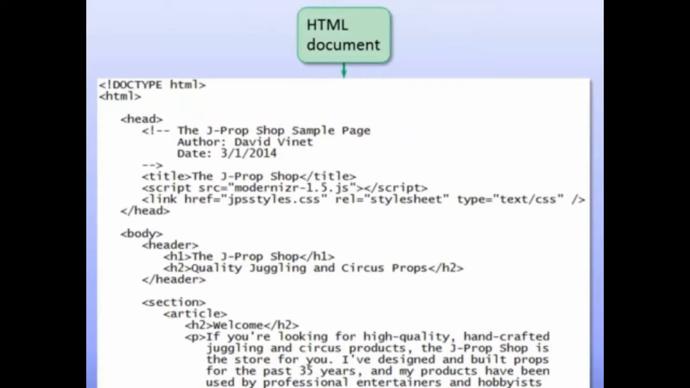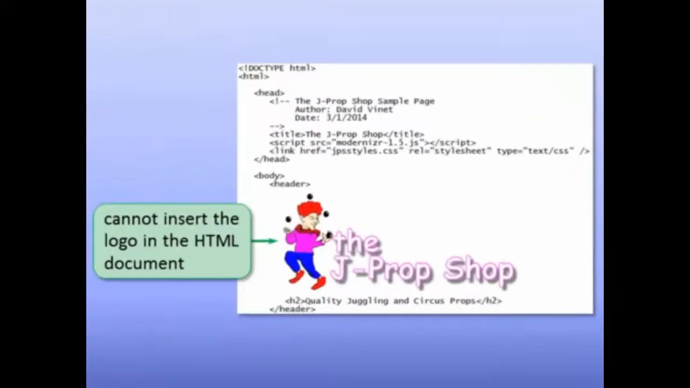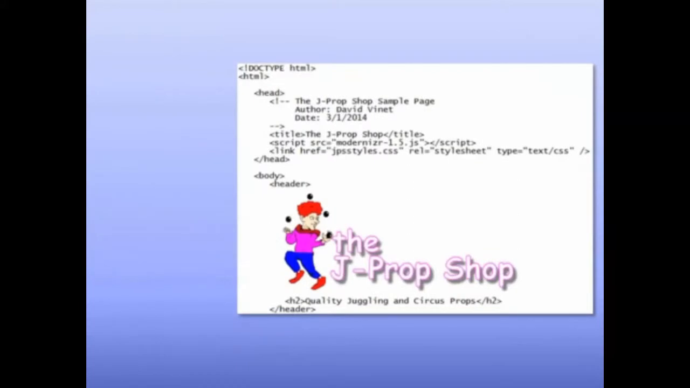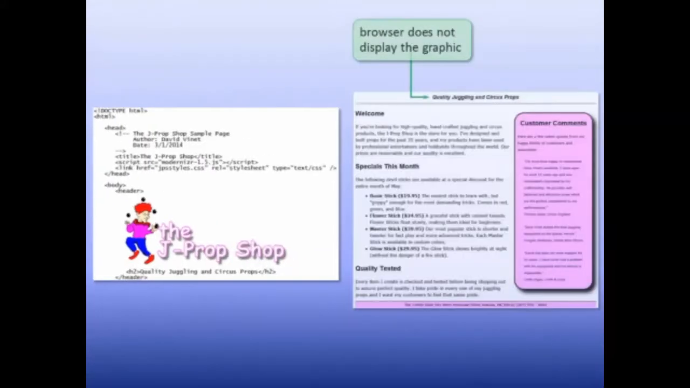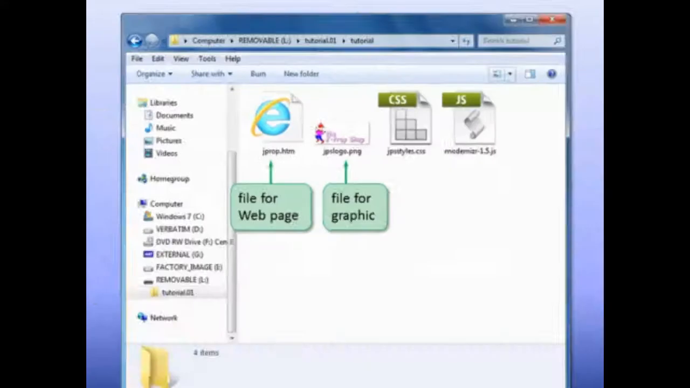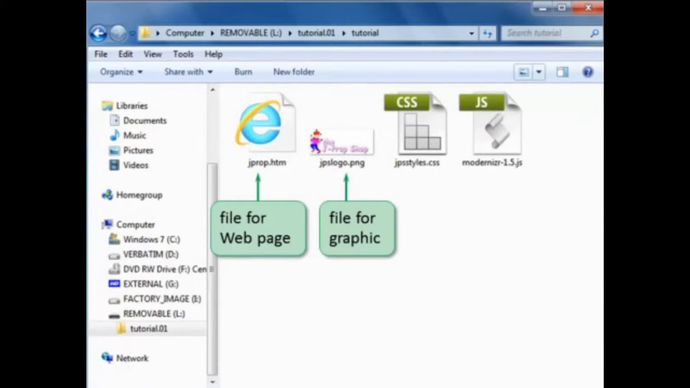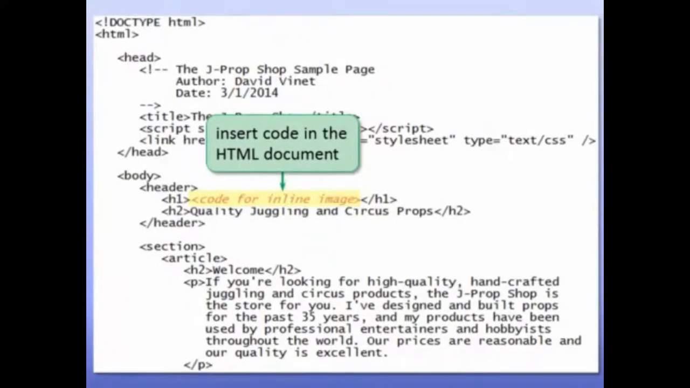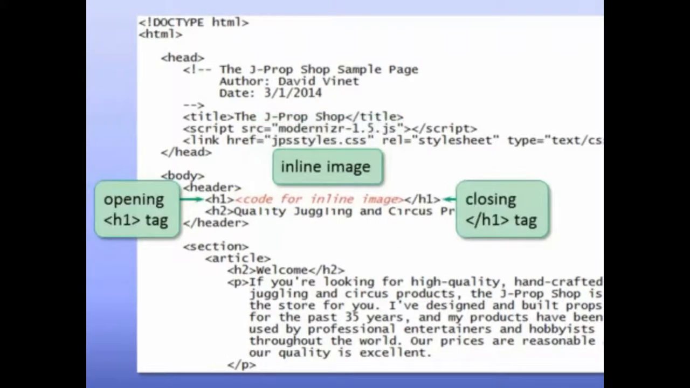text file? You can't insert the logo in the HTML file because the browser will ignore graphics and anything other than text when it renders the web page. Instead, you store the graphic as a separate file, such as this jpslogo.png image file, and include code in the HTML document that instructs the browser to display the image. This type of image is called an inline image, because you insert the code within a pair of heading or